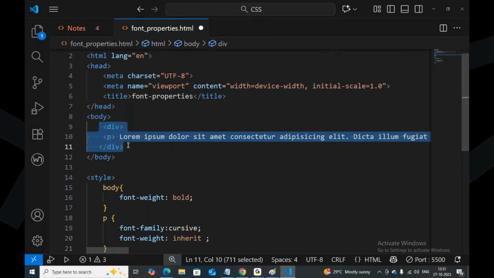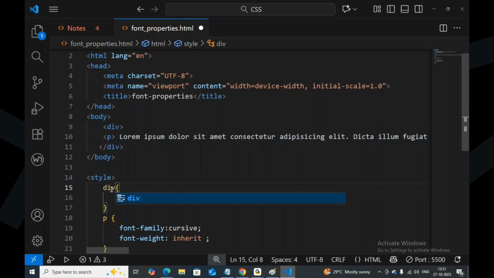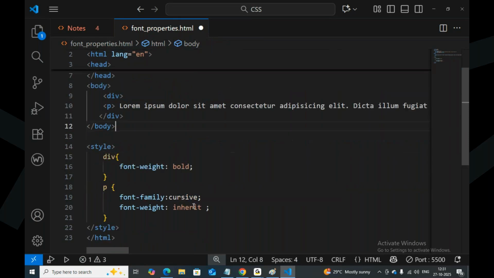Think like that. It is a tree structure. The paragraph is available inside the division. Division is the parent of the P. Now, if I apply font weight bold for the division, automatically it is inheriting. When I say font weight inherit,